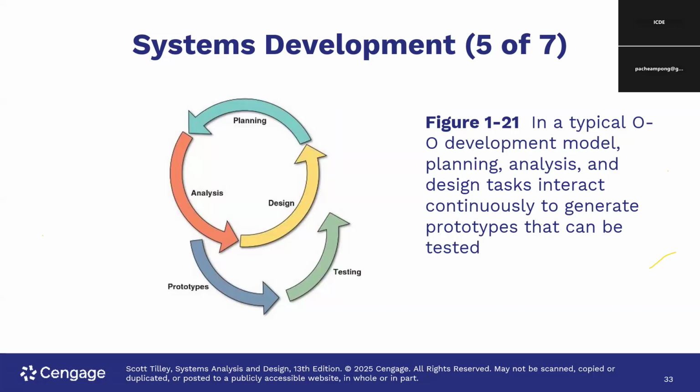It shows that when you want to build a system, you have objects like planning, analysis, design, prototypes, and testing. They are all objects. So the functions of the planning are different from the functions of what? The analysis. And it's different from the functions of the design and the rest. Okay, so let's start with the planning. So basically, that is where the developers think about what they want the software to do.